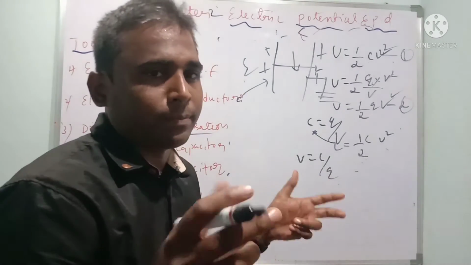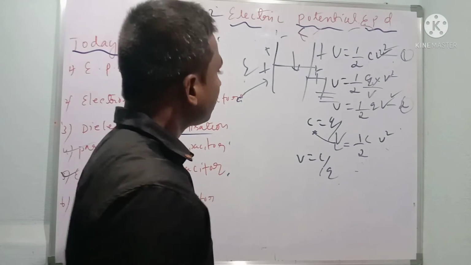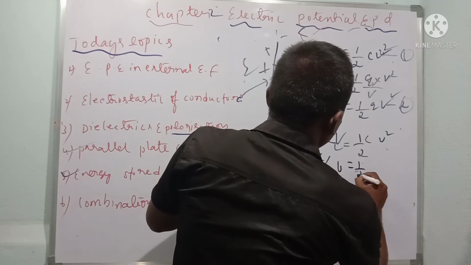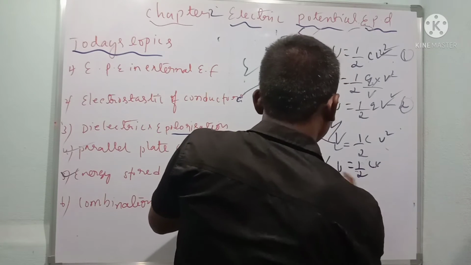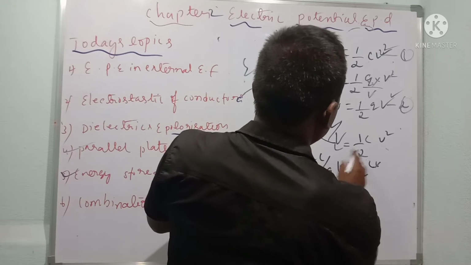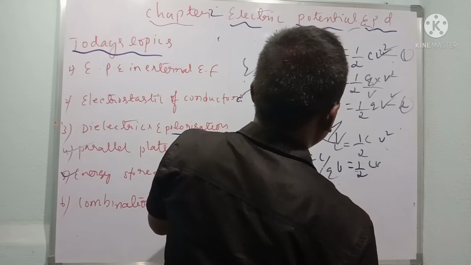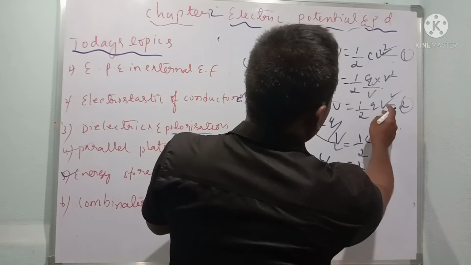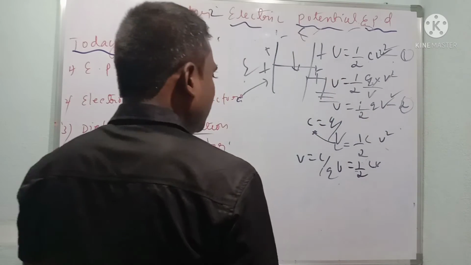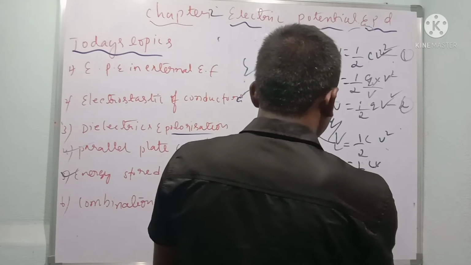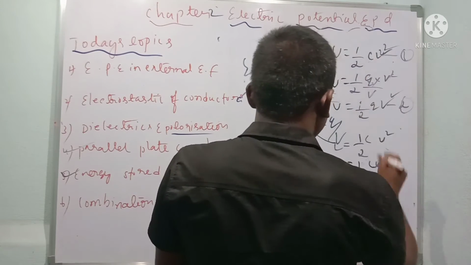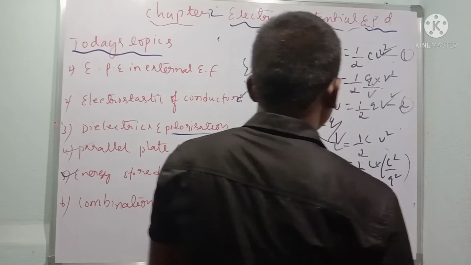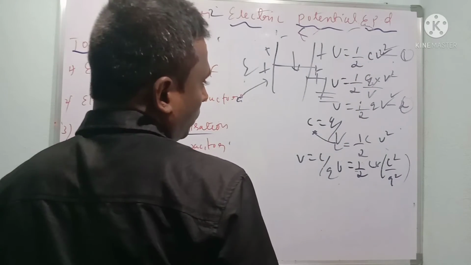Just multiplication, cross multiplication I get. Now, so it becomes U is equal to half into C V square. So C V square means we can write that half into Q into V. Very simple, children. That is, I am going to keep constant. It becomes C square divided by Q square.